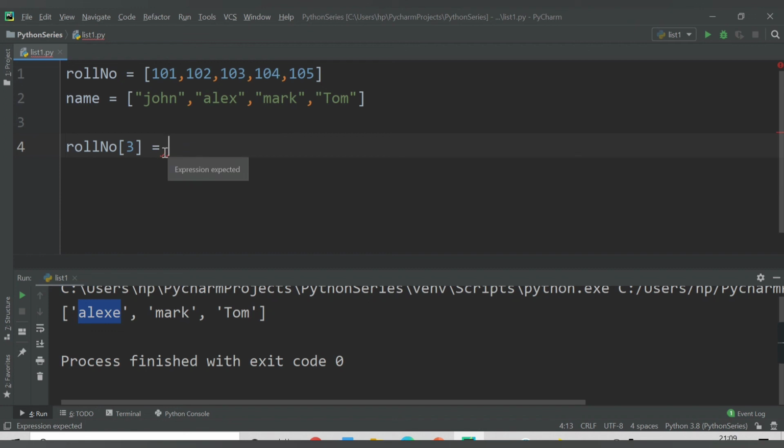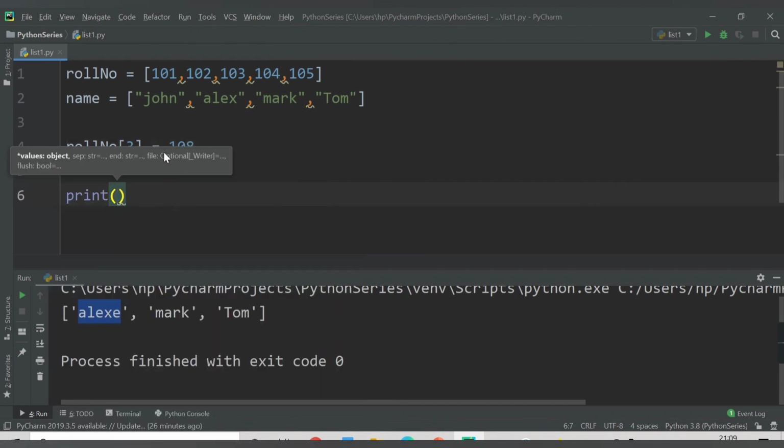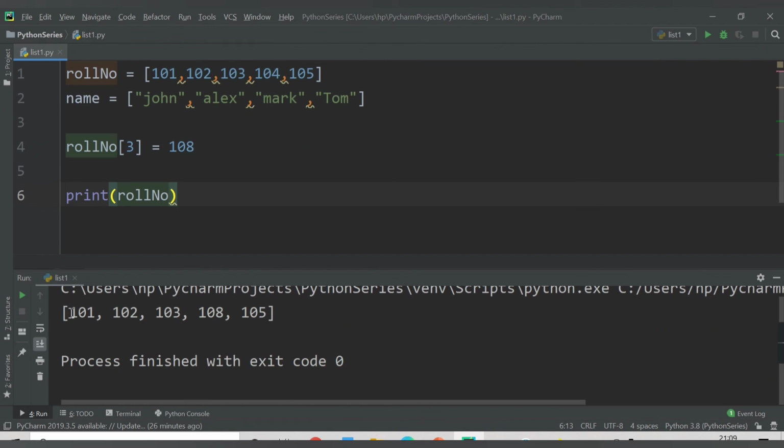But let's say I don't want 104, I want 108 here. Now I try to print roll number, save it. So see, 101, 102, 103, 104 is replaced by 108 and we have 105. So in this way you can access your data items and also modify them.